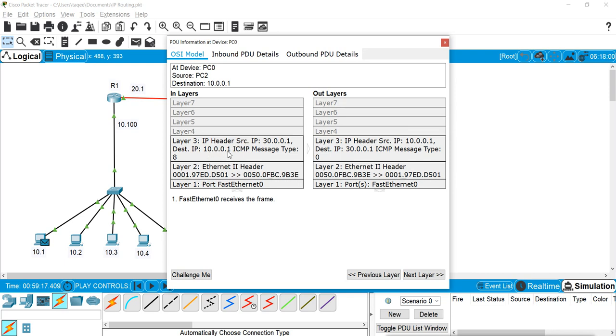Now when it is going out, the source becomes destination and destination becomes source. So when this machine sends the reply, it will go out for this 30.1, and the source address will be 10.1. Now see where it is going to be changed. It is going to be changed on this router.